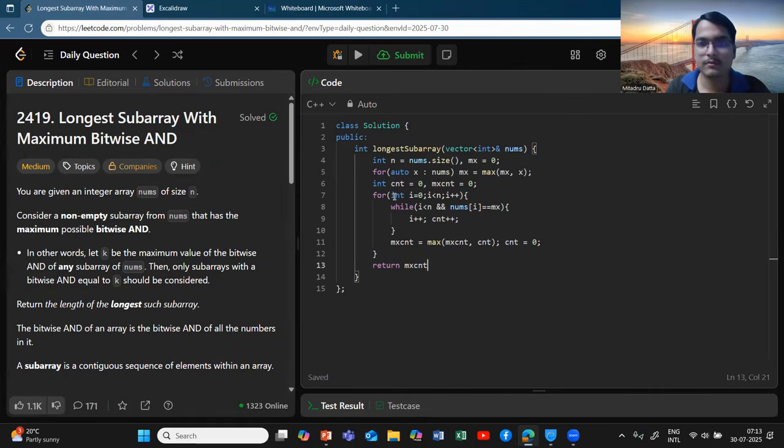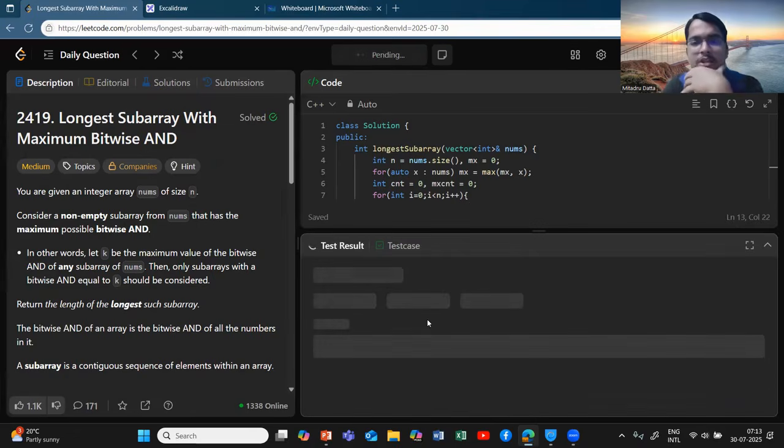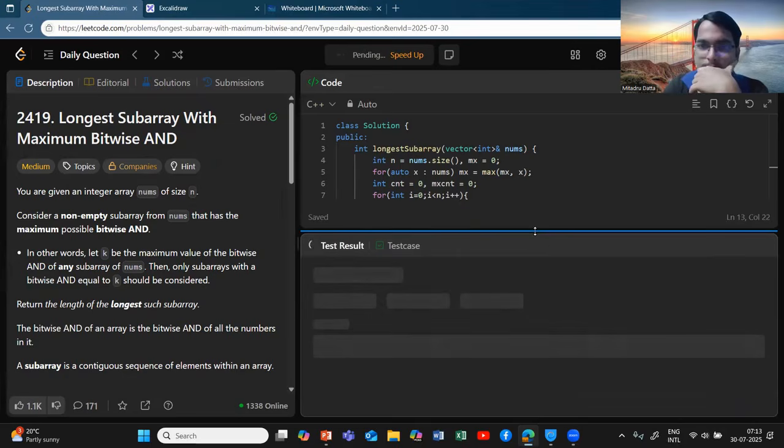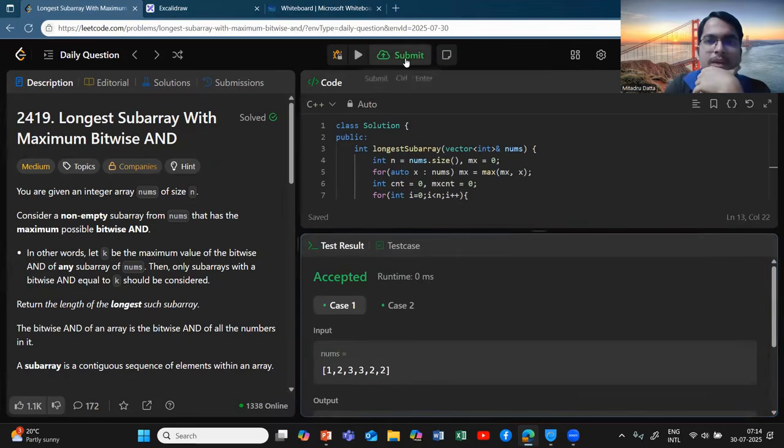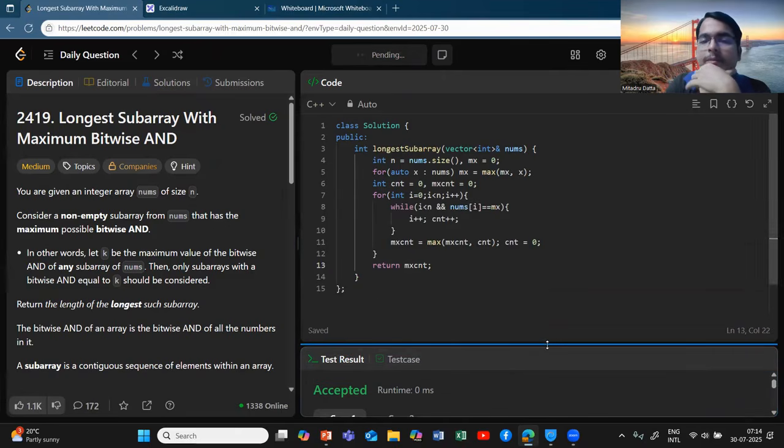I hope you are able to get it easily. This is not at all a difficult problem, it is a very simple one in fact. So let's try to run it and check. You see, we have the accepted result. If we try to submit it,